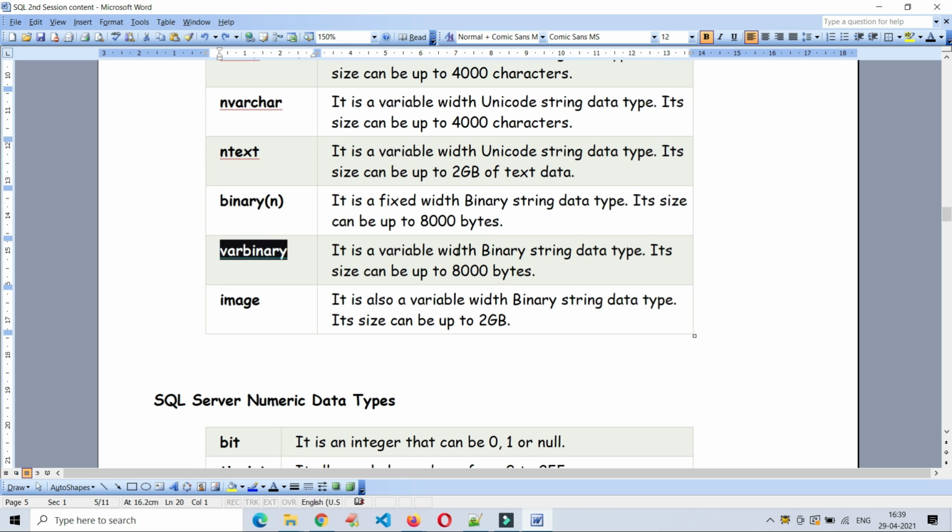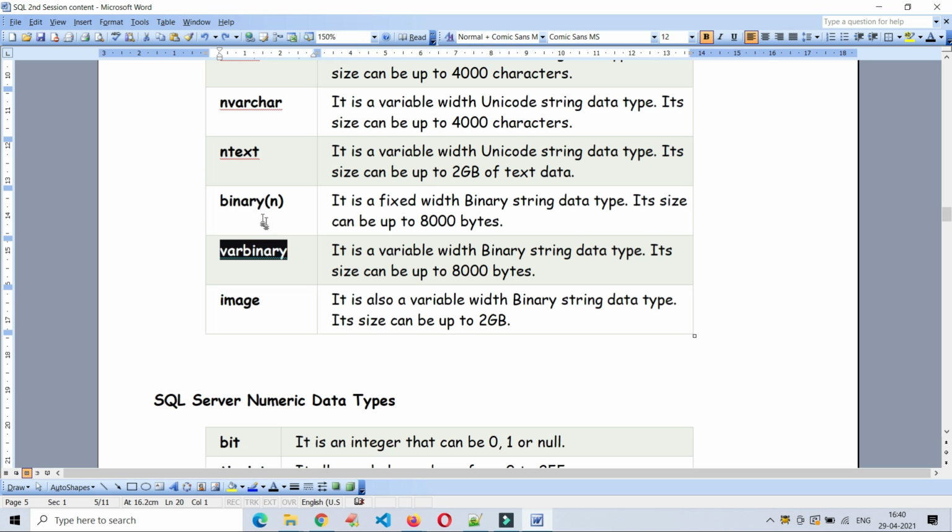VARBINARY is variable width binary string data. If you want to store images, the database technology doesn't store the image as is. It converts it into binary format and stores it in the database table. To do so, if you want to store any image in the respective column of the table, we have to declare that specific column with a binary type.